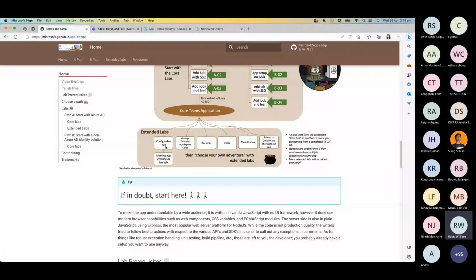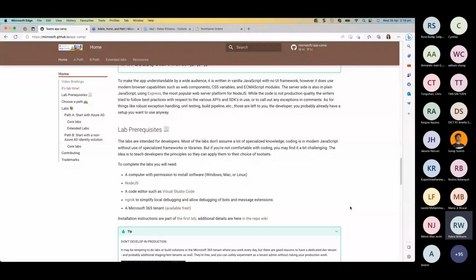So there's also a meeting app. For you to do that lab, you'll need to complete the configurable tab and then move on to this. So this is the structure of how you can do App Camp labs. Now,